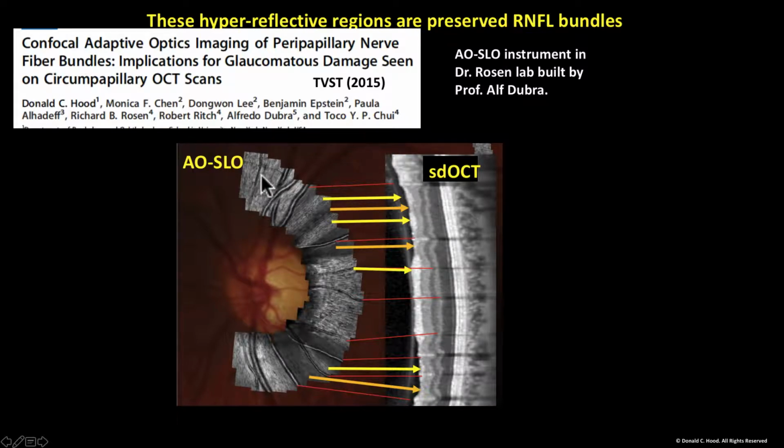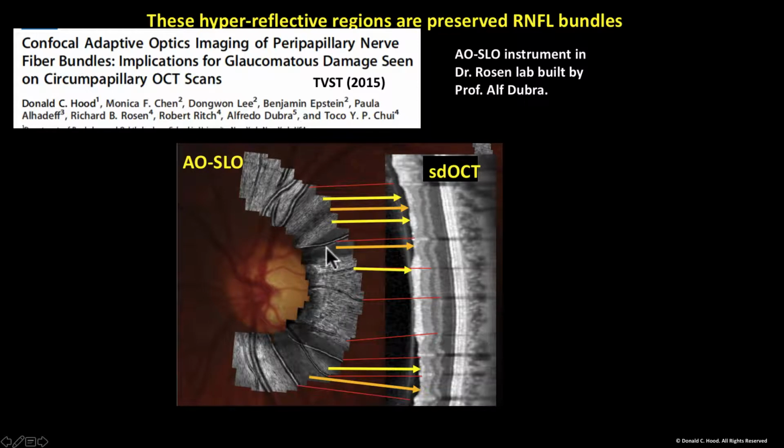Adaptive optics, making use of deformable mirrors the same way astronomers use them, allows you to get a very good picture of the retinal nerve fiber bundles. So each of these white lines is a retinal nerve fiber bundle, axons coming into the disc. Right? Now, I want you to notice that there are regions here that are healthy looking, regions that are very abnormal,